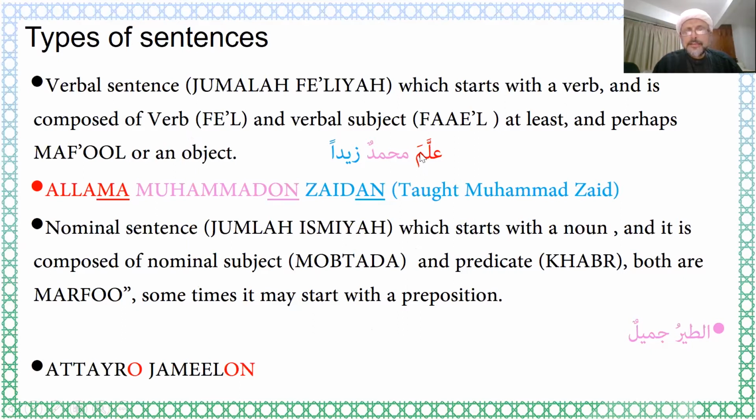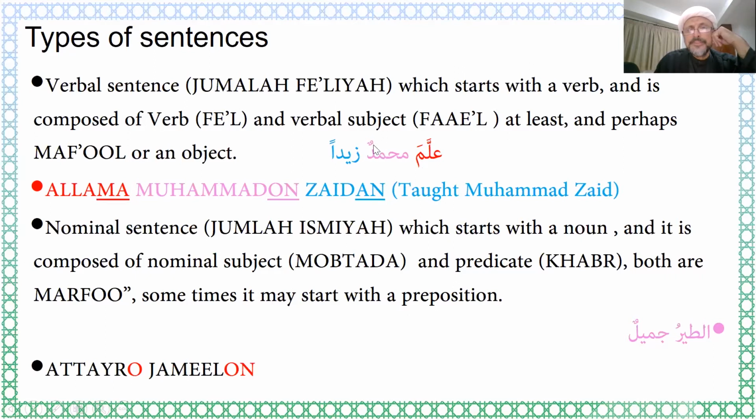So here, let us take an example. Allama. Allama means "taught." Allama al-insana ma lam ya'lam. He taught the human whatever he never knew. Muhammad, what is this? Muhammadun, and it's pink color. Okay, so it is what? Marfu'. So in analysis, we say Muhammadun is the subject, fa'il, marfu', it's in a marfu' grammatical position,